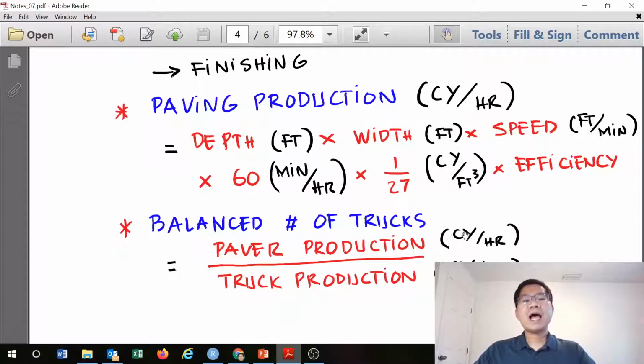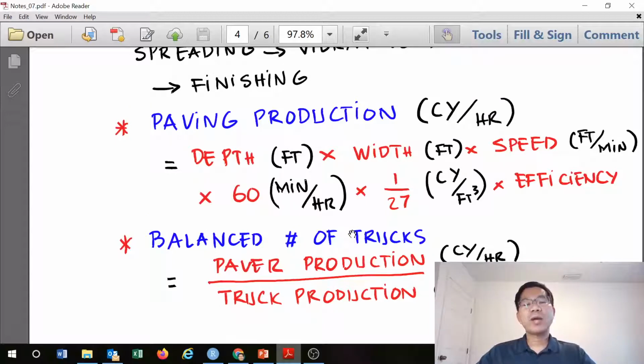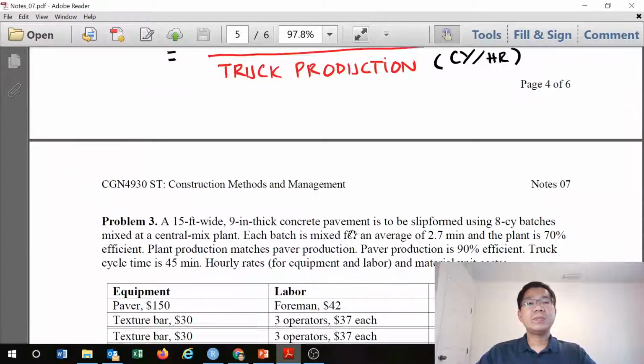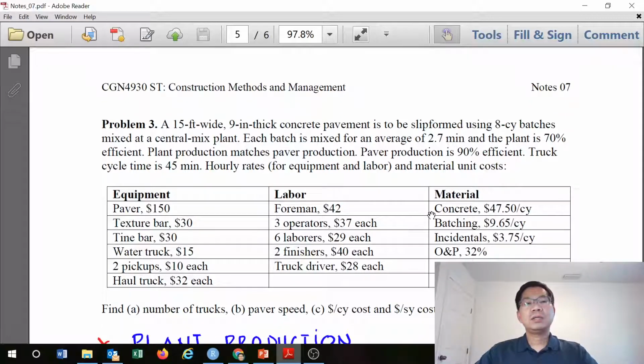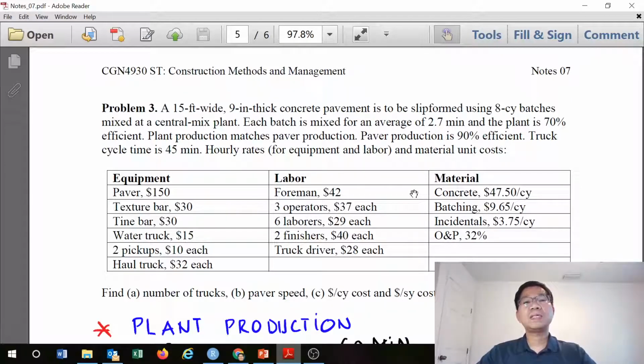Similar to asphalt paving, in concrete paving the number of trucks can be determined from the paver production, which is the slip form paver, measured by cubic yards per hour that it can place concrete. And then the truck production is also measured in cubic yards per hour per truck. So that equation, and then let's apply that in problem 3 that I already worked out and will just walk through with you to save some time when you watch the video, but it will still be specific